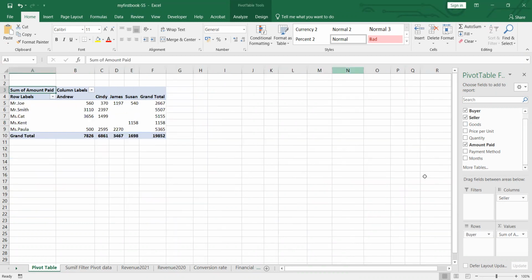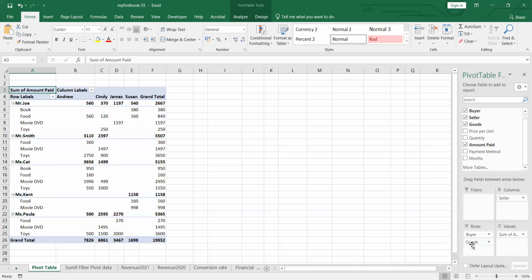In this one you can switch rows and columns for the headings easily by just dragging to switch between row and column as you like. So in this one we call it a pivot table. Let me just add the goods in there too so that I know what goods we sold. Assume that we would like to create a graph from